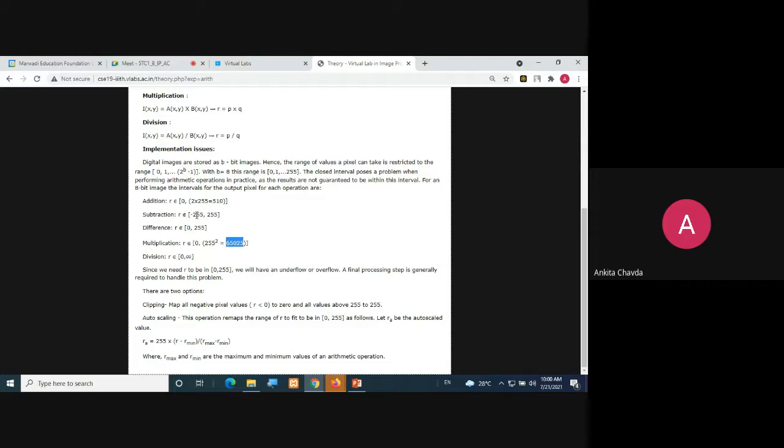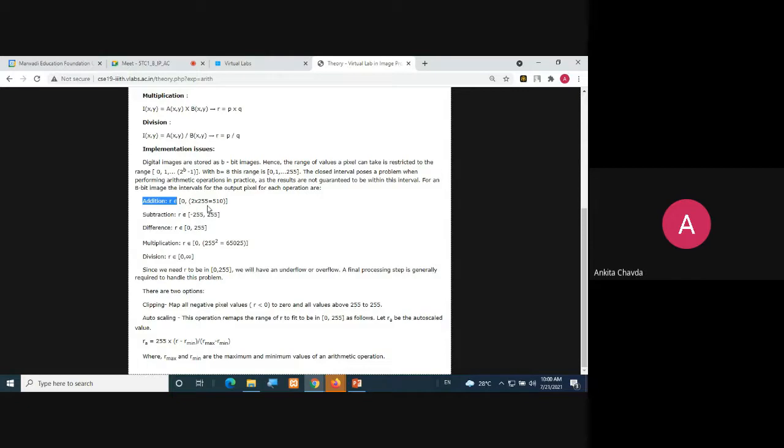If it is subtraction, then one value is 0 and another value is 255, and I am doing 0 minus 255. So I can have minus 255 to plus 255. That is what the range is. And here, this is addition. One variable with 255, another with 255.